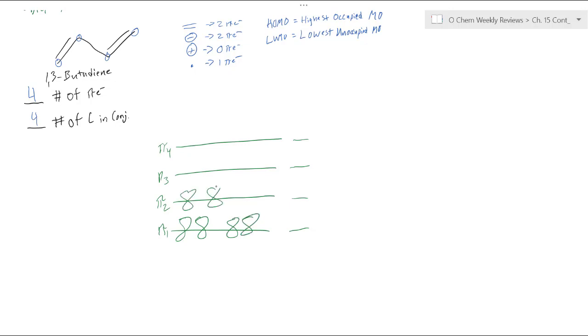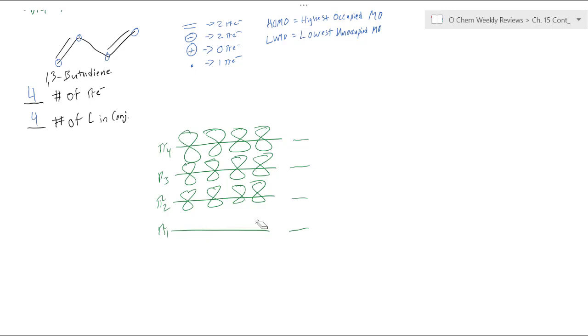In each energy level. Alright, so let me redraw these so that it's more straight. That's not perfect, but yeah. Alright, so the next thing we want to look at is